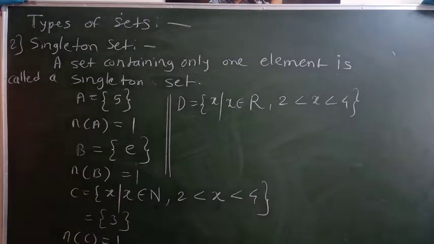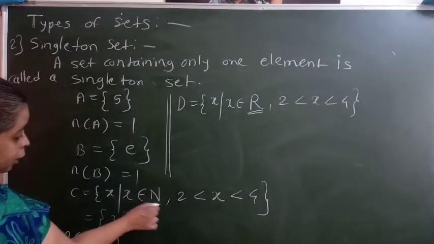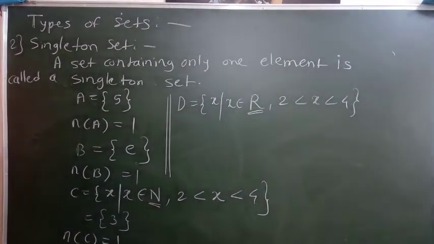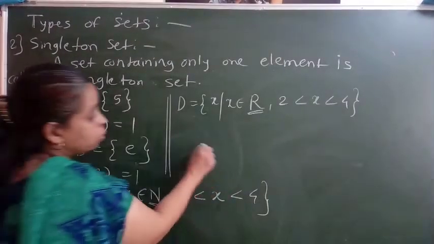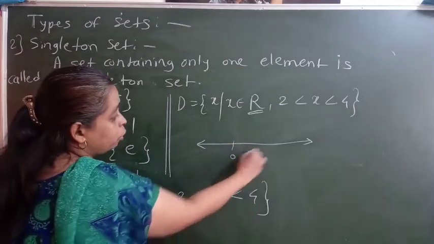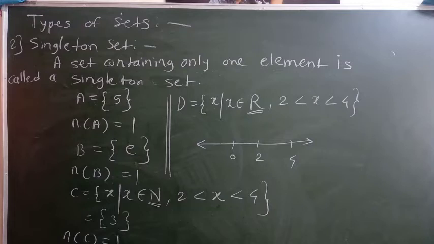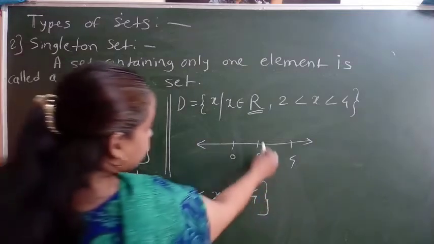Now x is a real number. Real number means here x is a real number and here x is a natural number. So in between 2 and 4, real numbers mean your number line. Suppose here is 0, here it's 2 and here it's 4. Now for the number line, total real numbers between 2 and 4